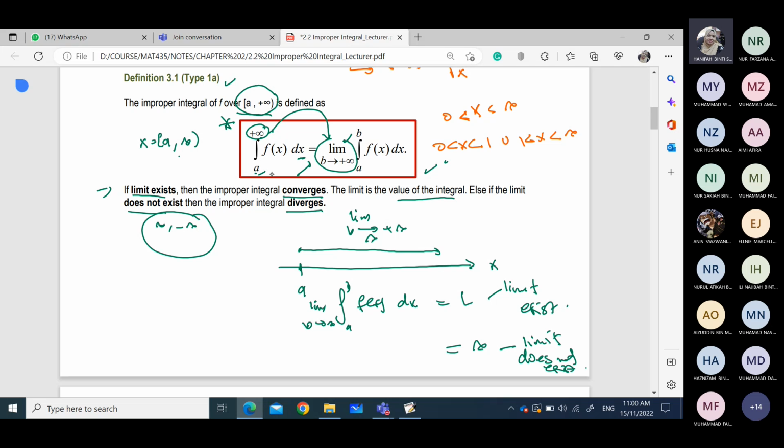Since infinity is not a real value, we put it as a limit. Why a limit? Because for these values of x, the minimum is a and the maximum goes to infinity. It moves to the right, where the values are larger and larger. That is why we put a limit there, which is approaching infinity. It means the value of x moves to larger numbers. Okay, that is the meaning. Am I answering your question? Yes, madam. Alright.